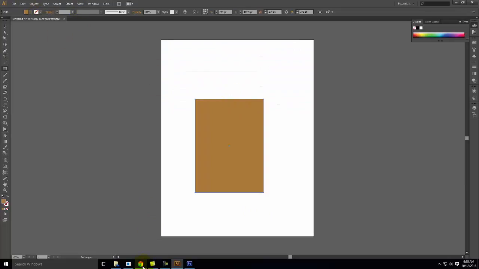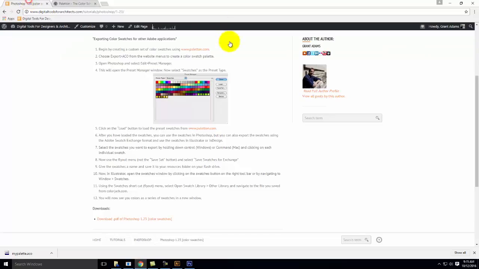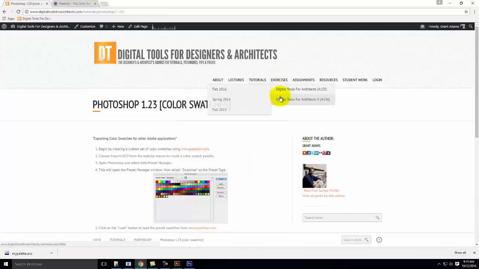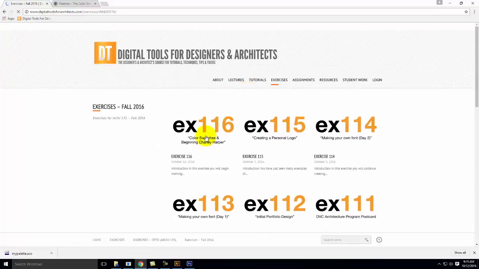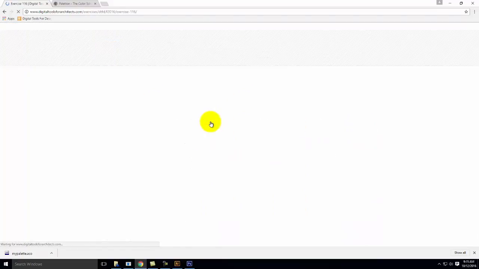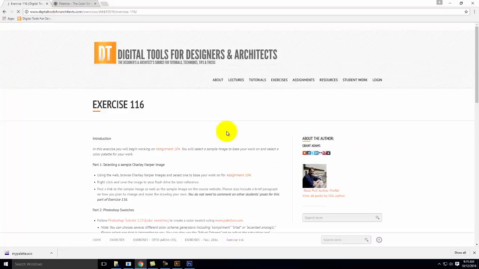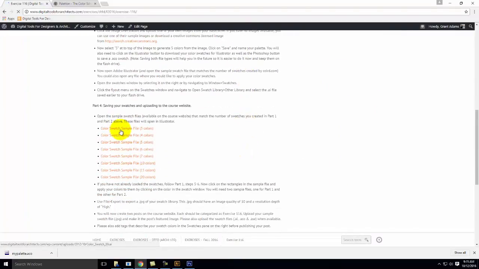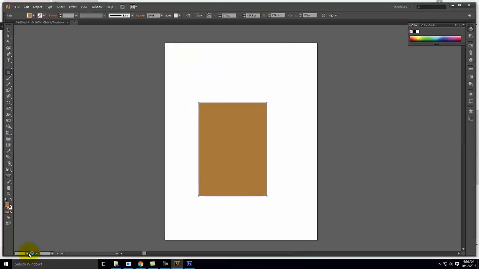Okay, so what I want you to do to prove that this works is I'll have you go to today's exercise. Right here. And here are a bunch of Illustrator files that will let you use your color swatch and prove that it works. So I had 15 colors, so I'm going to come down to the color swatch sample file with 15 colors. I'll click on that,